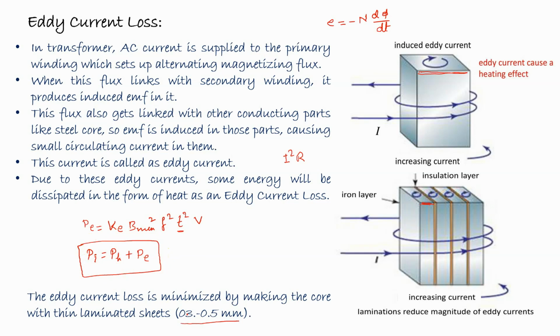Generally, if we consider the total loss of a transformer during operating condition, then around 20 to 25% of the loss is because of this iron loss, that means the eddy current loss and the hysteresis loss. Now, as these losses occur, they are basically converted to heat energy. Therefore, the core of the transformer will also be heated. Therefore, there should be sufficient arrangement for cooling purposes.